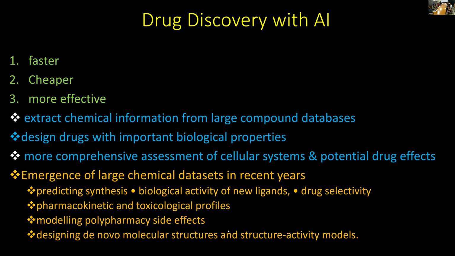So because we have these large data sets, we can do predictive synthesis. I can predict how to make a molecule. Biology is better. I can model pharmacokinetics, pharmacodynamics. Polypharmacy is there. If I give 4 drugs for diabetes, hypertension, cholesterol, and heart disease, how will they interact with each other? The AI can help us to predict that. And if I design a new molecule, what possible effect will it actually have